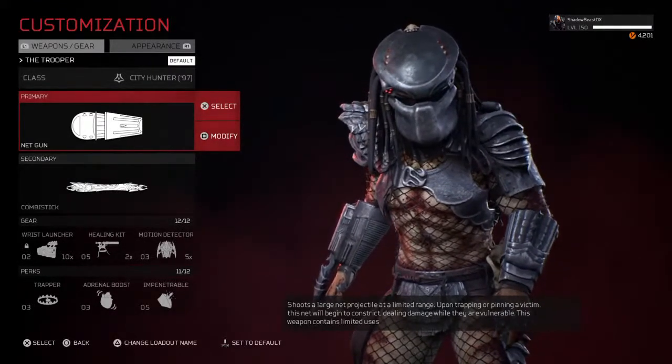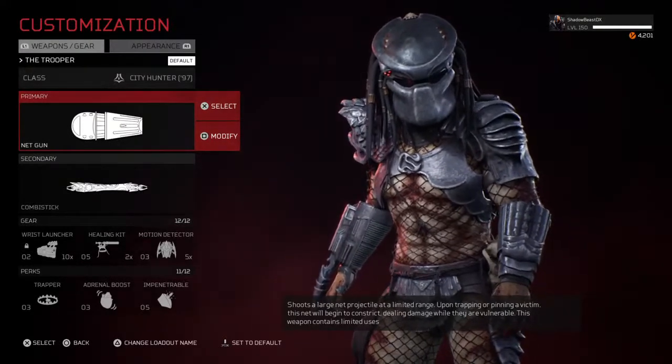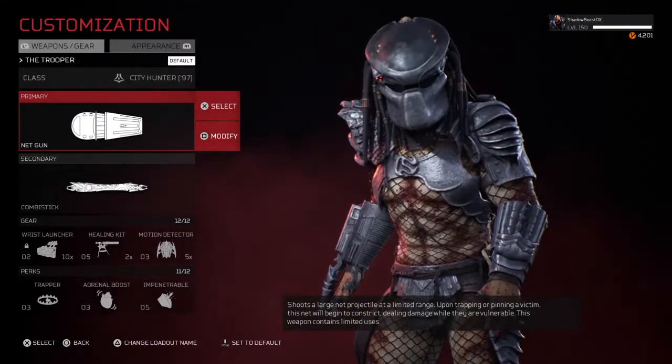You don't have to do it per se with him. With the City Hunter body, you could do it with something else. But I just think the City Hunter body with the armor looks a bit neater and nicer, you know what I mean? And with that out of the way,